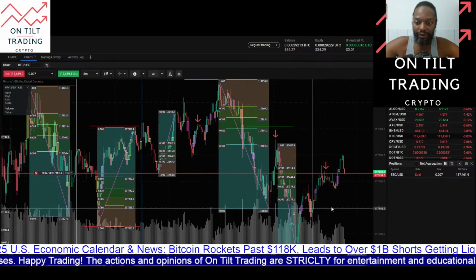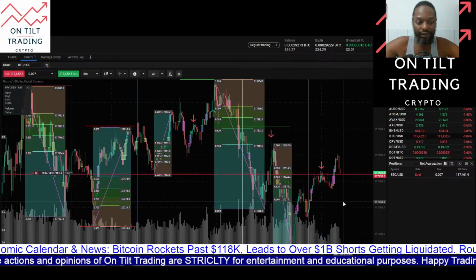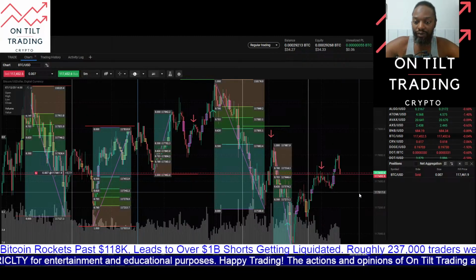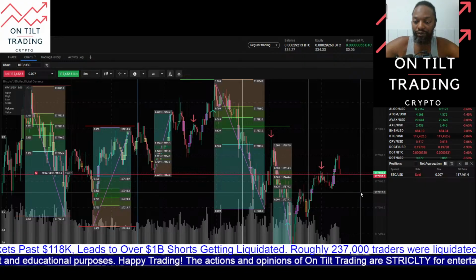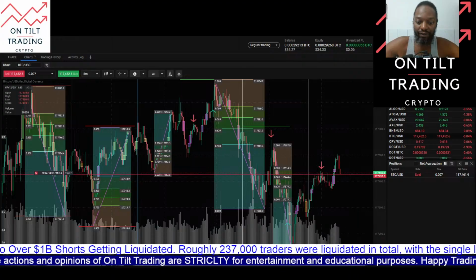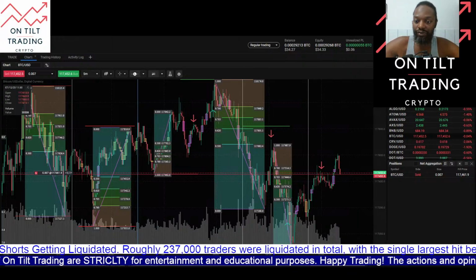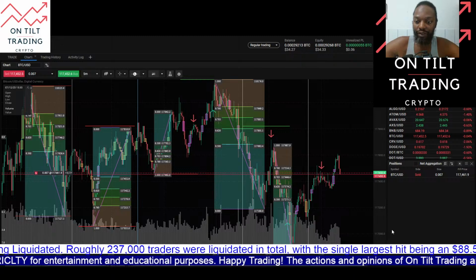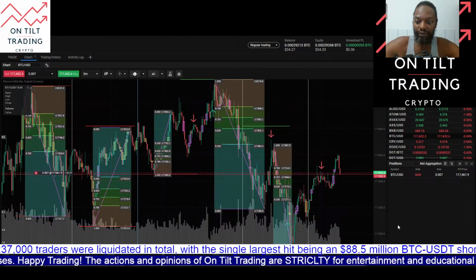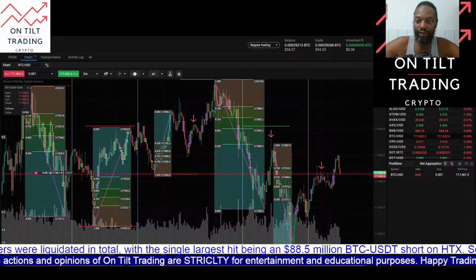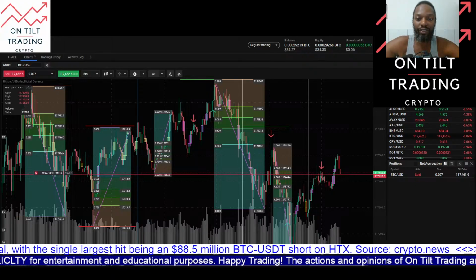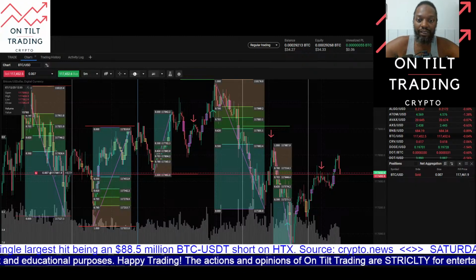Now I'm back at just around break even here, just under break even. We're just green here, price just below my entry point, trading at 117.450 here. But I'll continue to let this trade play out, and if all goes well, I'll take profit and possibly give London another take in the morning. But this is On Tilt Trading with today's live crypto market analysis and trade strategy, the New York PM session. We'll